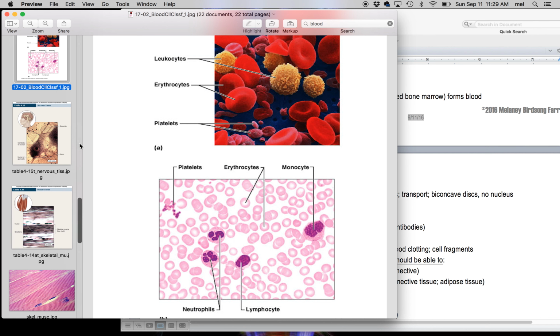All right, and then the last tissue before muscle is nervous tissue, and nervous